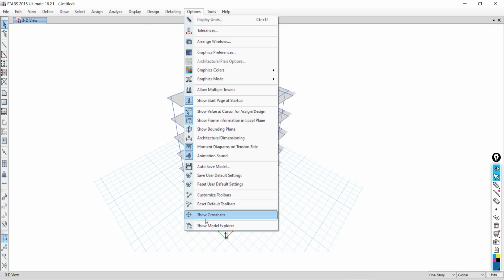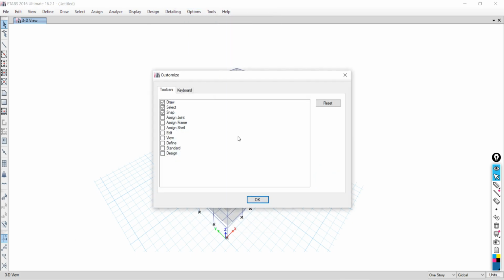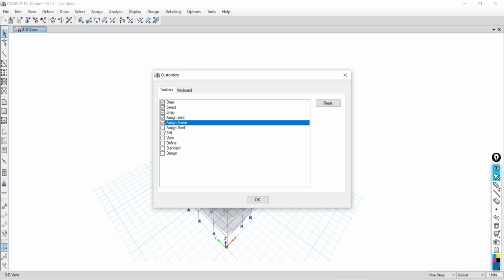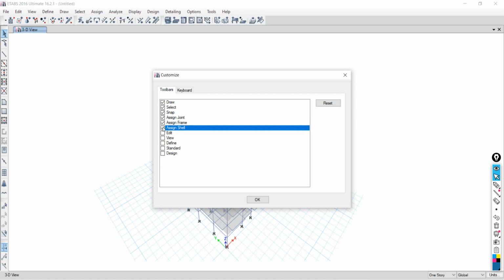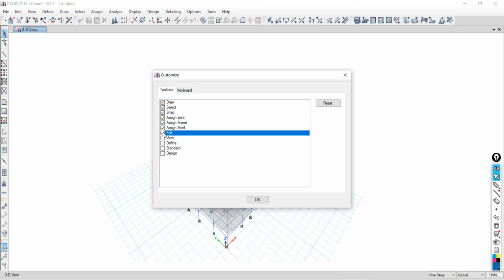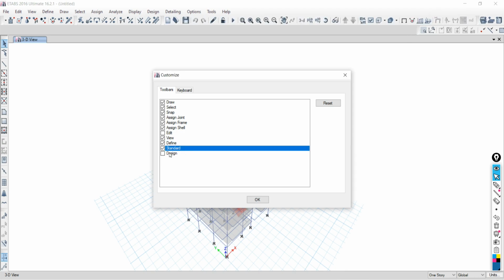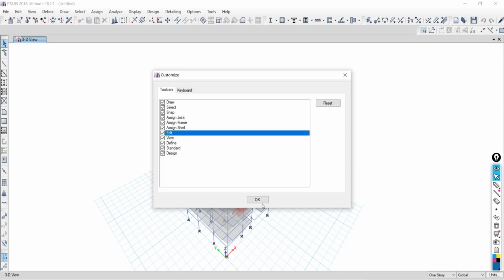Now go to option, go to customize toolbar. Now third one, assign joint. So the assign joint quick access bar will be available here. Assign frame. Now assign frame is available here. Assign shell is now available here. Edit, it is now available here. View is available. Define section is now view. Standard and design also edit.